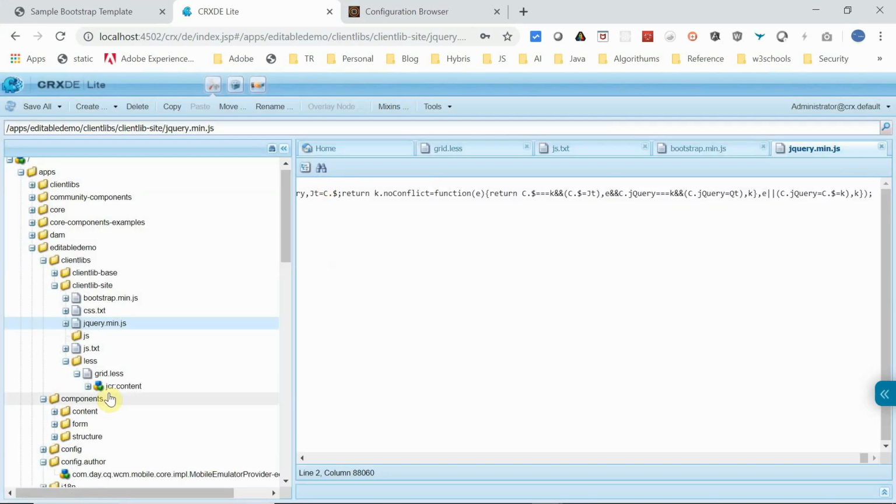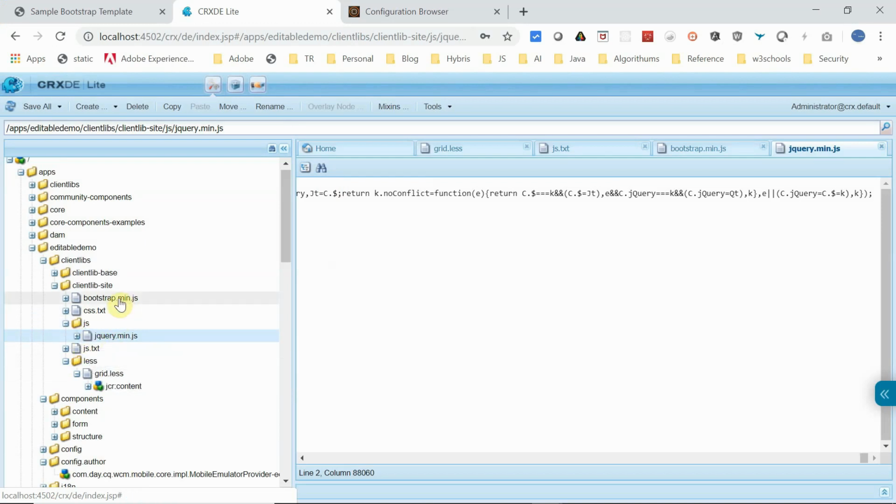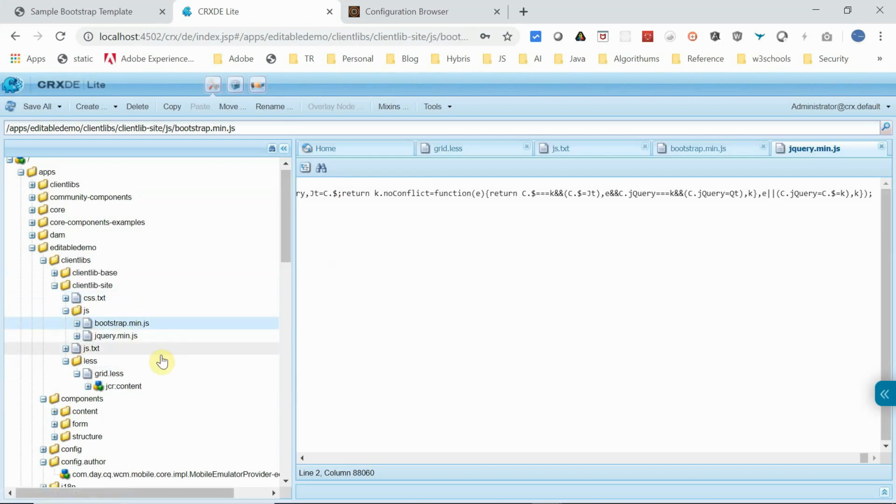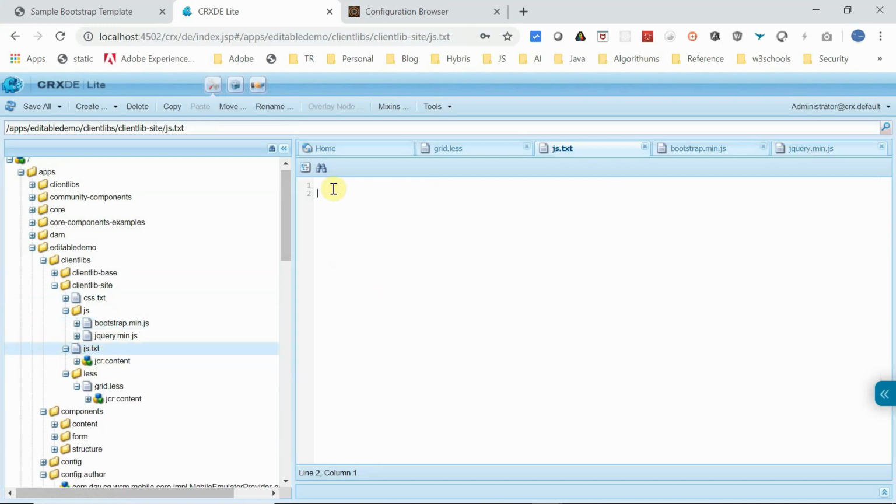This is done. I will put it directly in the js folder. Now go into the js.txt and add js slash bootstrap.min.js. Another one is js slash jquery.min.js. This is done.